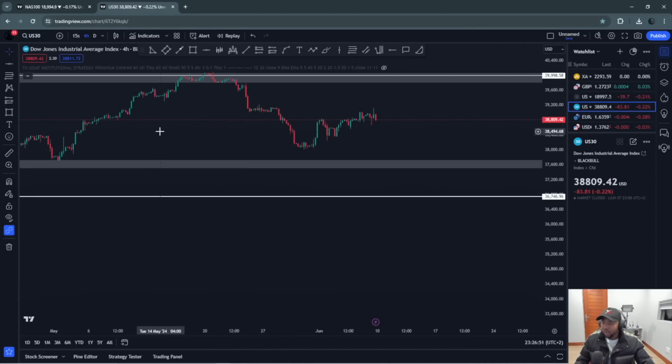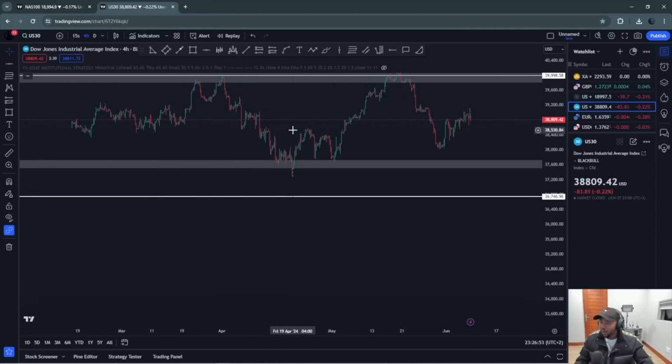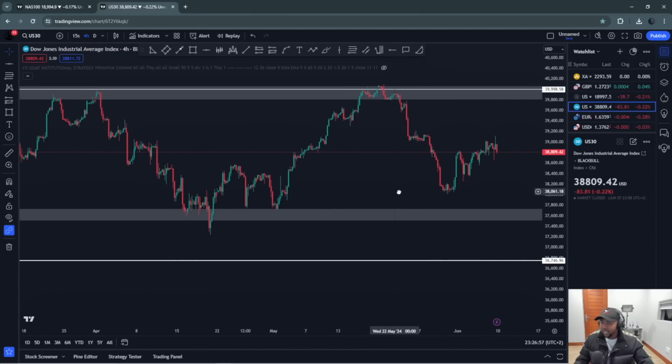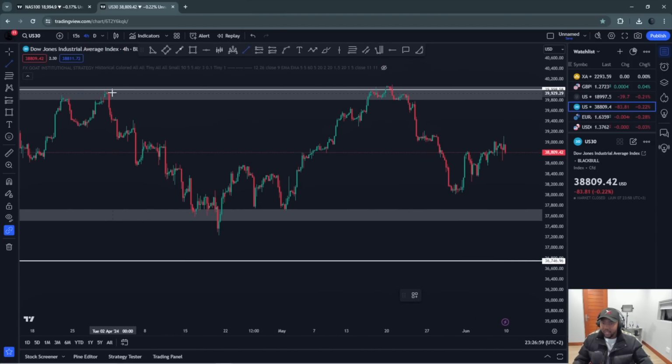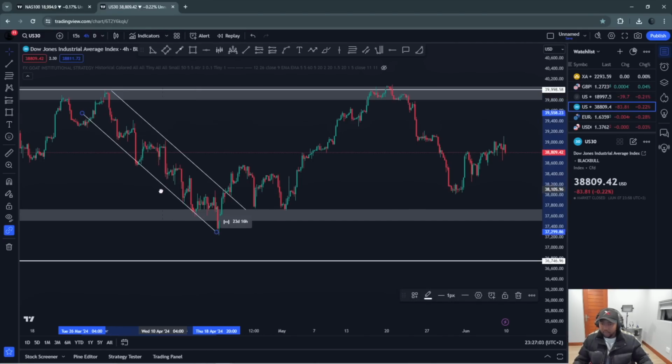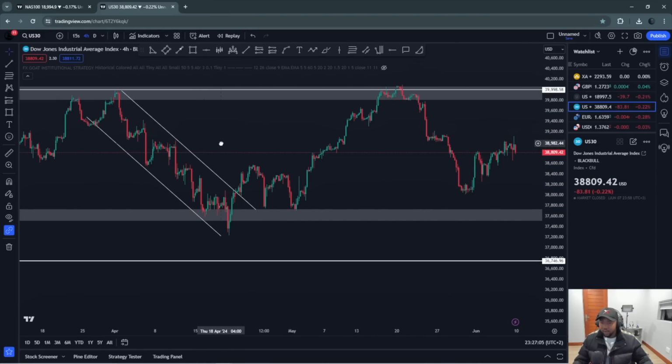I'm going to just simply go to my 4 hours, and now when we are in our 4 hours, I'm going to need to mark all the trends that we're in. I can see that from here we used to have a bearish trend, right? And obviously guys, for those who don't know how to spot bearish trends, to just simply give you a short lesson, a lower high here, lower high, lower high, and at the bottom here we're going to